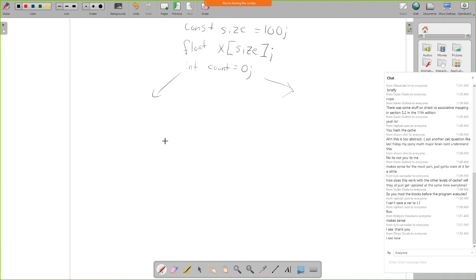So let's say for some reason, pertaining to the class, you have to take the arithmetic mean, the geometric mean, and the harmonic mean. In order to take the arithmetic mean, we add everything, divide. To take the geometric mean, we multiply everything, and then divide. And for the harmonic mean, we take all the reciprocals, add them together, and then divide. So let's say for int i equals 0, i less than size, i plus plus,